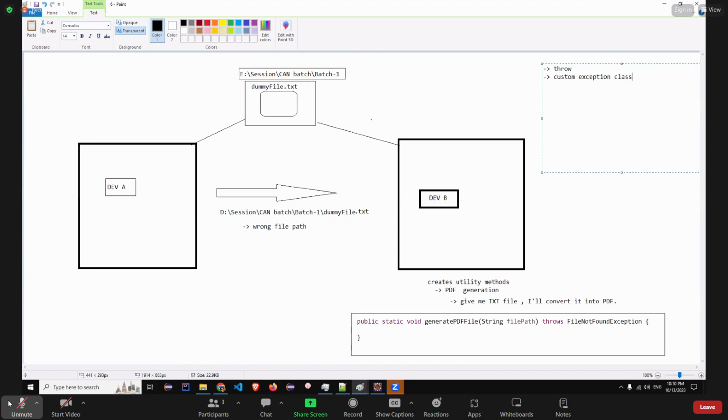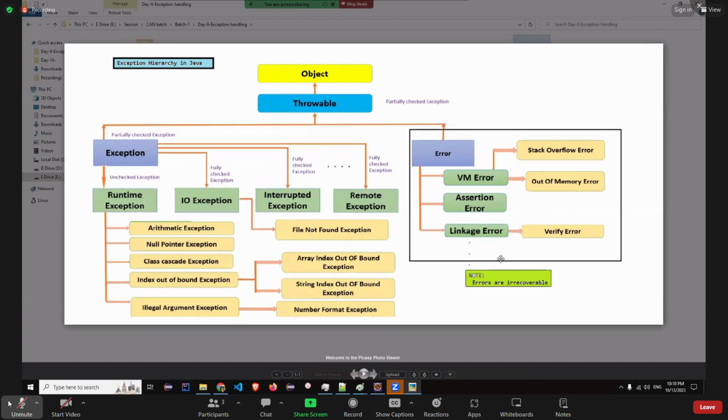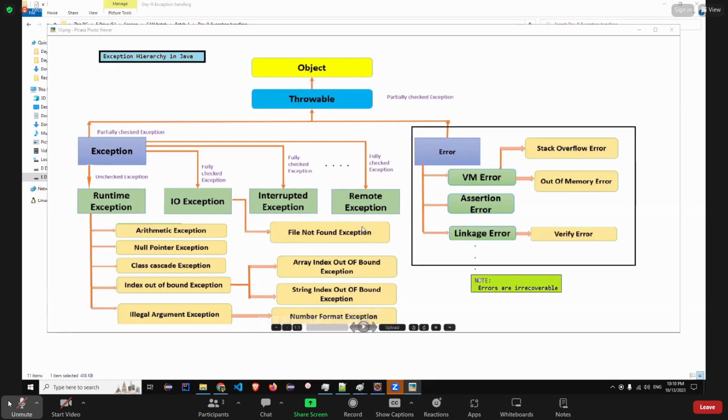हाउ टू क्रिएट योर ओन एक्सेप्शन क्लास। अभी तक जो हमने देखा इस लास्ट इमेज में, ये सारी की सारी जावा फाइल्स हैं, ऑल दीज आर जावा क्लासेस। रन टाइम एक्सेप्शन, आईओ एक्सेप्शन, इंटरप्ट एक्सेप्शन, फाइल नॉट फाउंड, एरे इंडेक्स आउट ऑफ बाउंड, स्ट्रिंग आउट ऑफ इंडेक्स, नंबर फॉर्मेट, ऑल दीज आर जावा क्लासेस गाइस। ऑल दीज बॉक्सेस, येलो, ब्लू, पर्पल, whatever color you can see, all these are java boxes except my boxes. So क्या आप खुद की क्लास बना सकते हो, कस्टम क्लासेस, कस्टम एक्सेप्शन क्लासेस? सो यस, इट्स राइट। और वी कॉल दिस यूजर डिफाइंड क्लासेस और कस्टम क्लासेस।